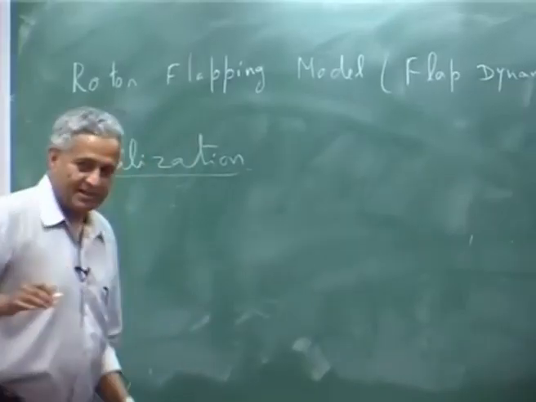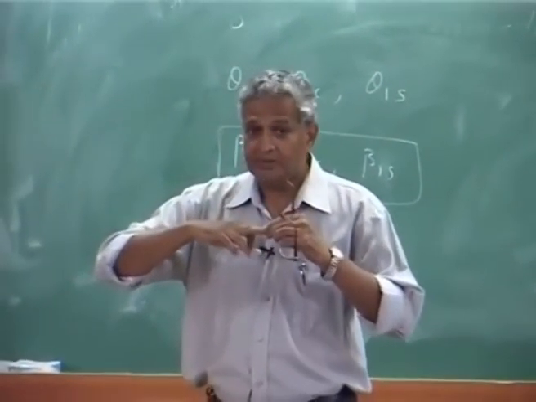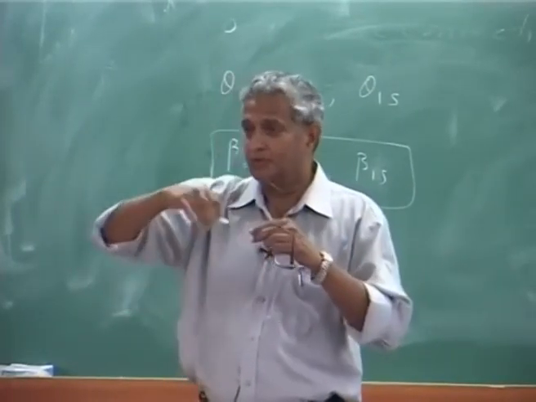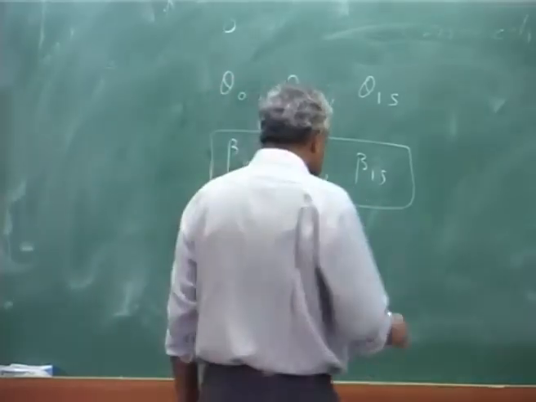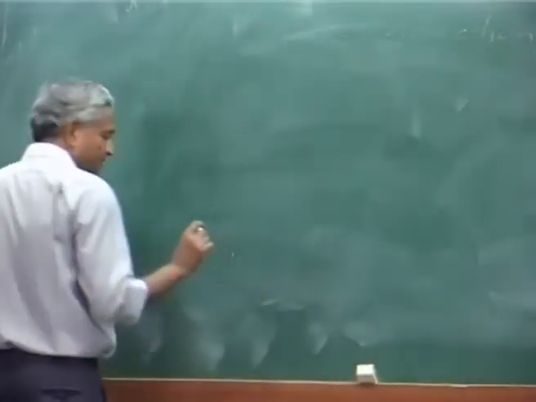Because you know that the blade is attached to the hub. It can be with a hinge, and it need not be with the hinge because it can be bolted. That is a hingeless blade. So what we will do is, we will have a hierarchy of models. The very first one is,